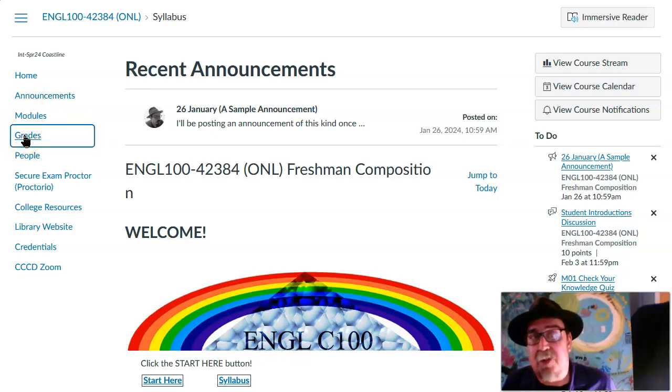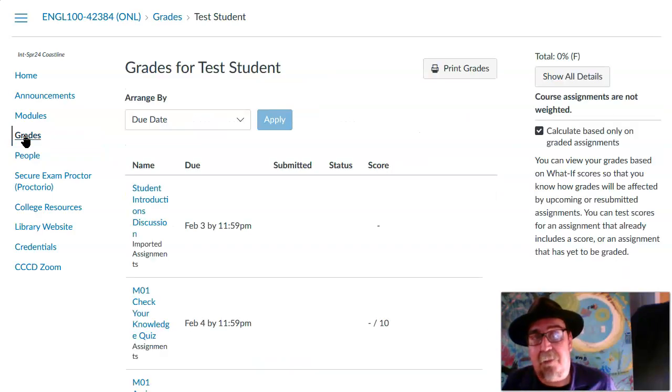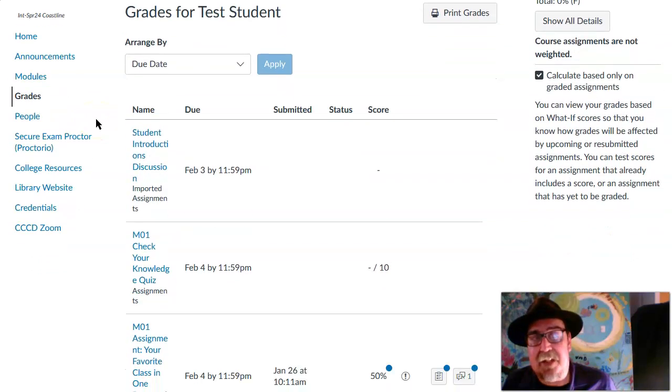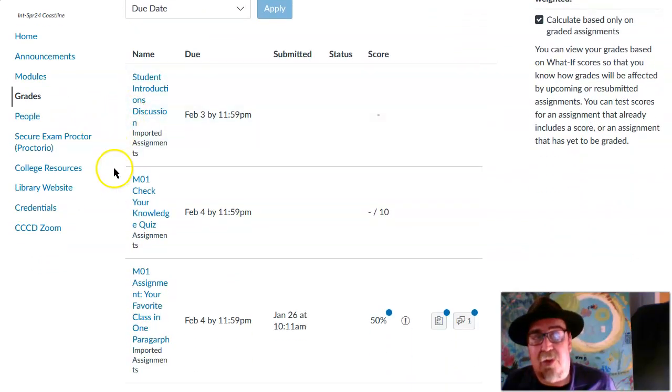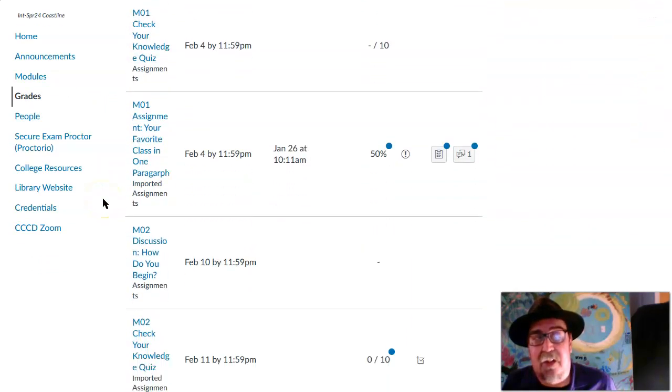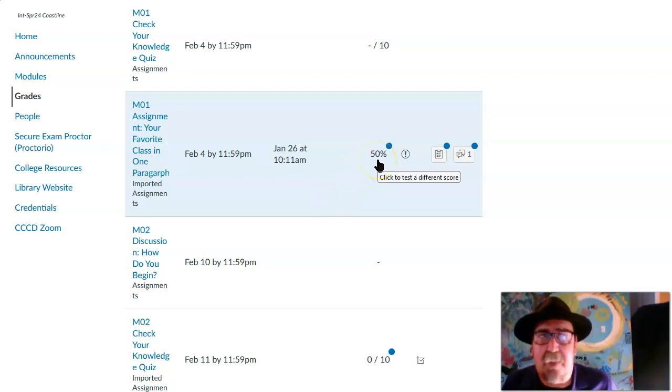Clicking that will lead you to a page that looks like this. And you'll notice that this page has the titles of your assignments. Here is an assignment that's actually been graded. It's by a made-up student, and it is for the first assignment. That student only scored 50%, so we should take a look to see what's going on with that assignment, to see how this student can do better.